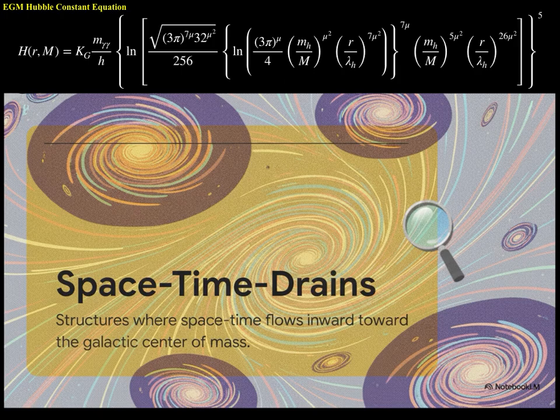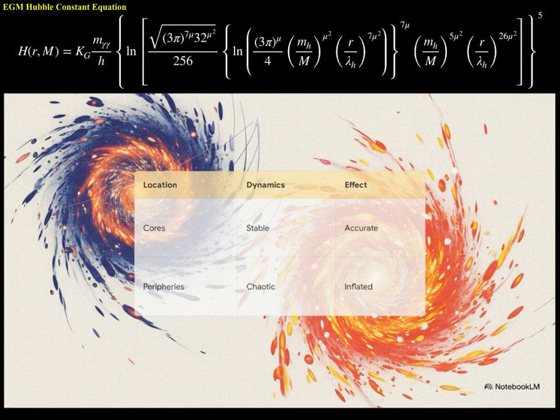Within a galaxy, space-time isn't just undergoing that general outward cosmological expansion that pushes the whole universe apart, it is also simultaneously flowing inward toward the galaxy's center of mass. This dual influence creates a highly localized stretching effect. So, if you compare the dense centers of galaxies to their chaotic outer edges, you see a stark discrepancy in